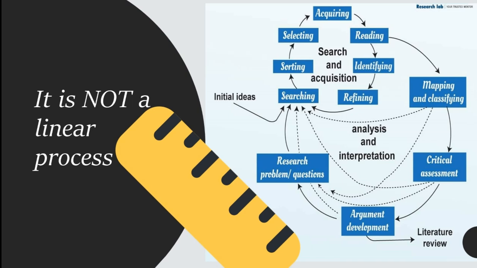So it isn't a process where you go from A to Z in a line. It might look that way when we read literature reviews, as if it went from A to B to Z. But in fact, a literature review is a very circular, iterative process of going back and forth. It might start with acquiring articles, reading, identifying, mapping, developing an argument, but you will always find